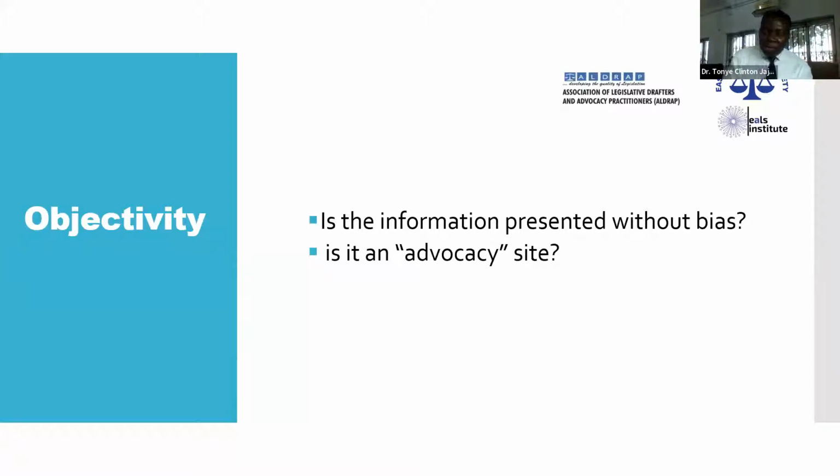But that 244 is only the number of laws passed since 1999 when Nigeria returned to democracy. So ask yourself, are these websites objective? Before you copy information from them, what agenda are they pushing? Because they may present the information with bias.